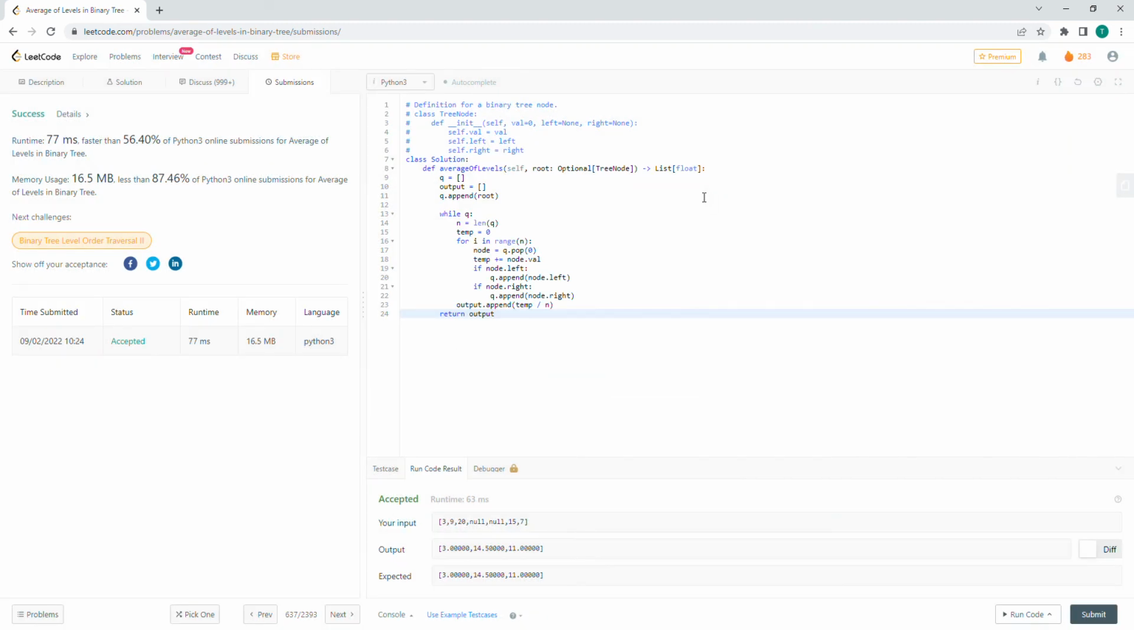Awesome. So the time complexity is big O of n, where n is the number of nodes in the binary tree. Space complexity is big O of n plus n plus n. So memory complexity would be big O of n as well, because